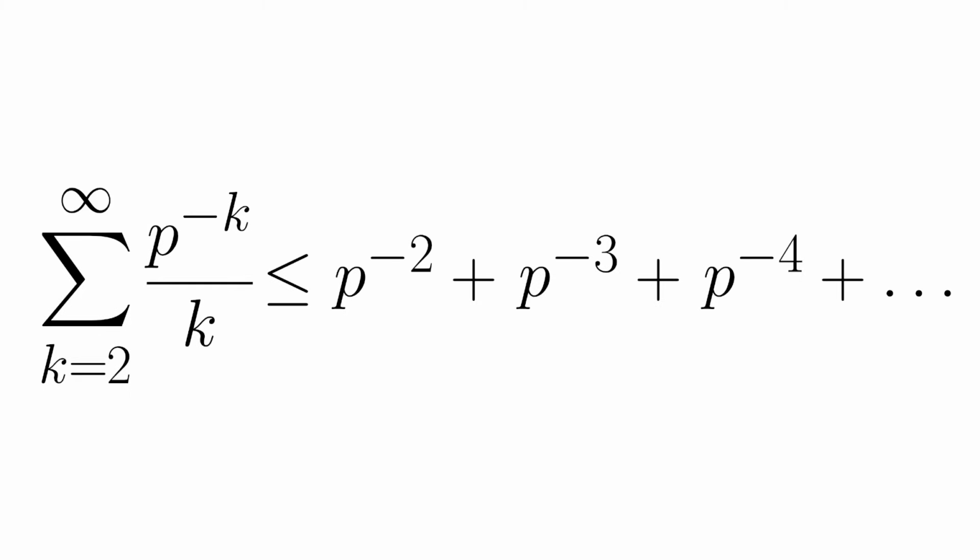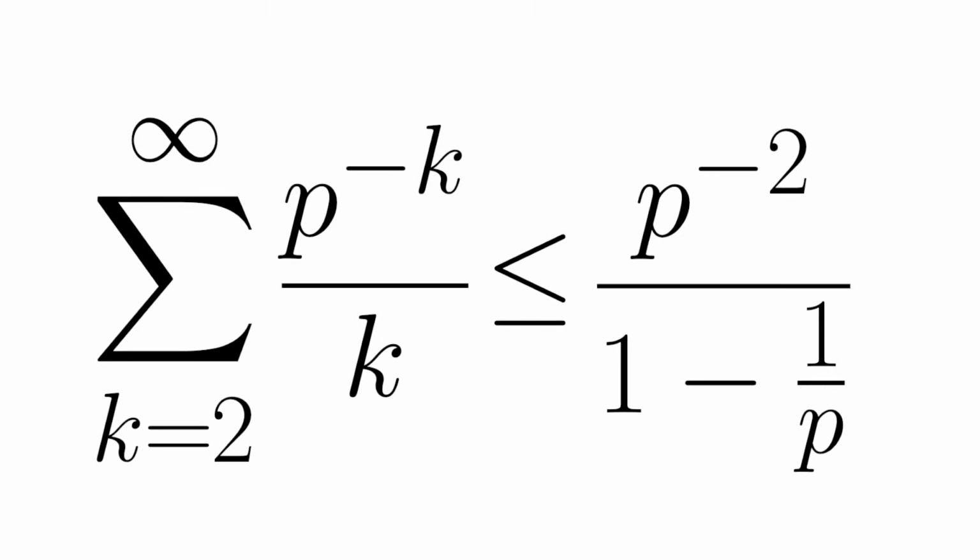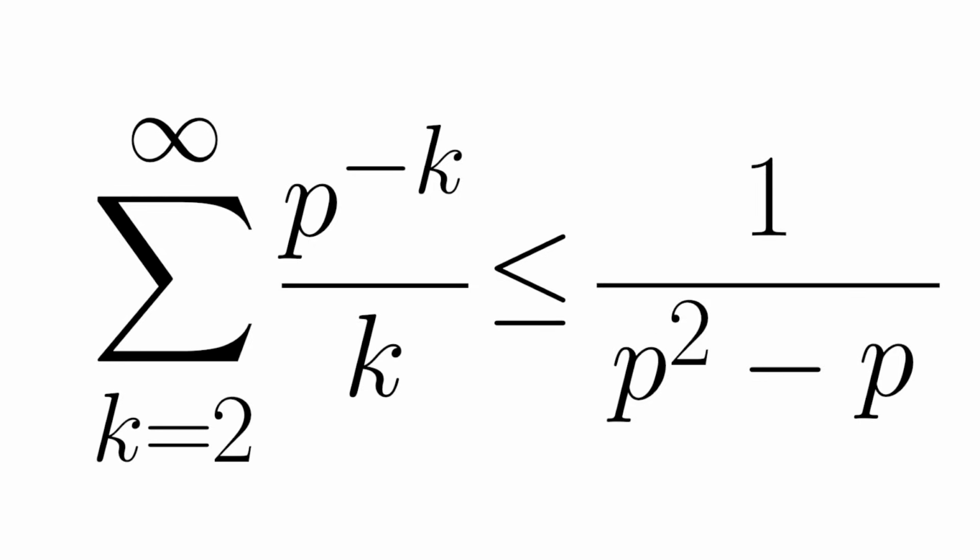a geometric series. The first term of the geometric series is p to the minus 2, and the common ratio is 1 over p. And so the value of this upper bound for the thing that was inside the sigma to start with is p to the minus 2 divided by 1 minus 1 over p. If you do a bit of algebra, that simplifies to 1 over p squared minus p. And you can now say, okay, well, I'm only making the denominator smaller if I replace this p by a